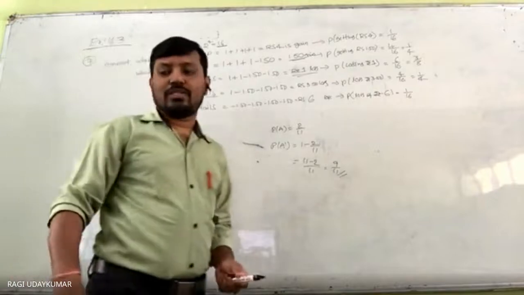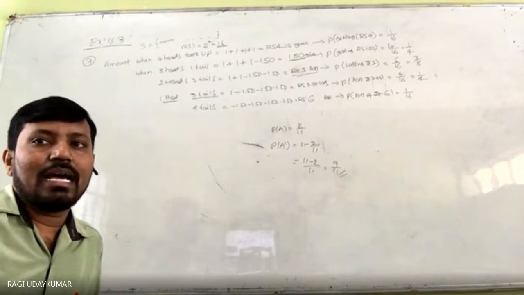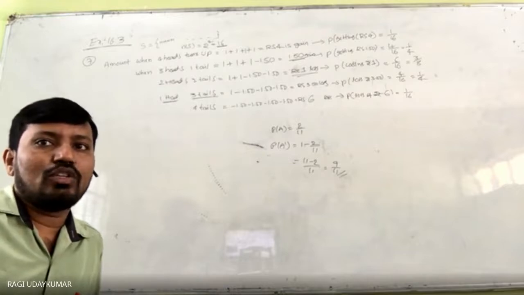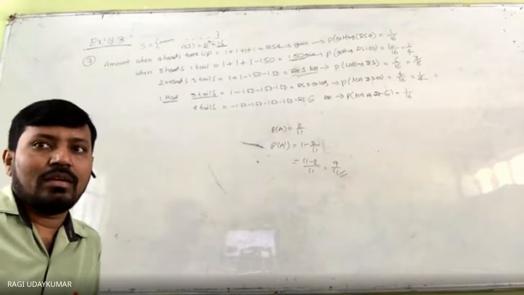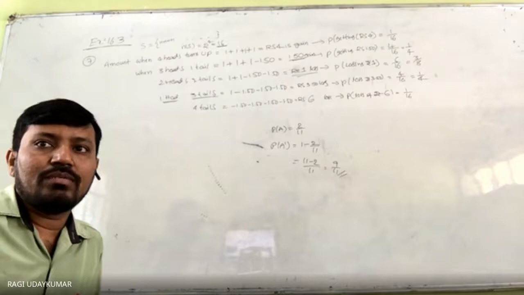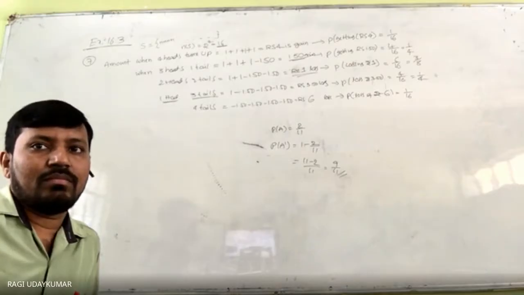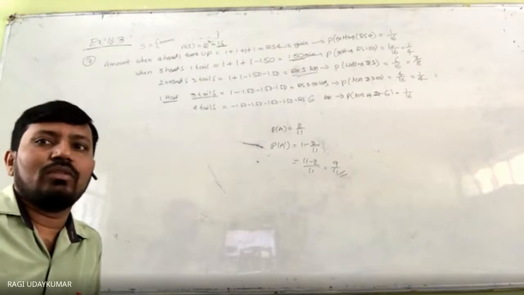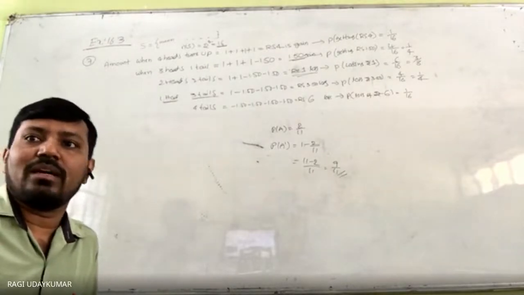Okay. Next, 10th question. A letter is chosen at random from the word assassination. Find the probability that the letter is a vowel. How many letters are there in total in assassination? Total number of letters, even repeated letters also should be taken into consideration. Assassination is going to have 1, 2, 3, 4, 5, 6, 7, 8, 9, 10, 11, 12, 13. Total 13 are there. And number of vowels are 1, 2, 3, 4, like this counting only. How many vowels are there? Number of vowels by total 13. How many consonants are there? Number of vowels by consonants.